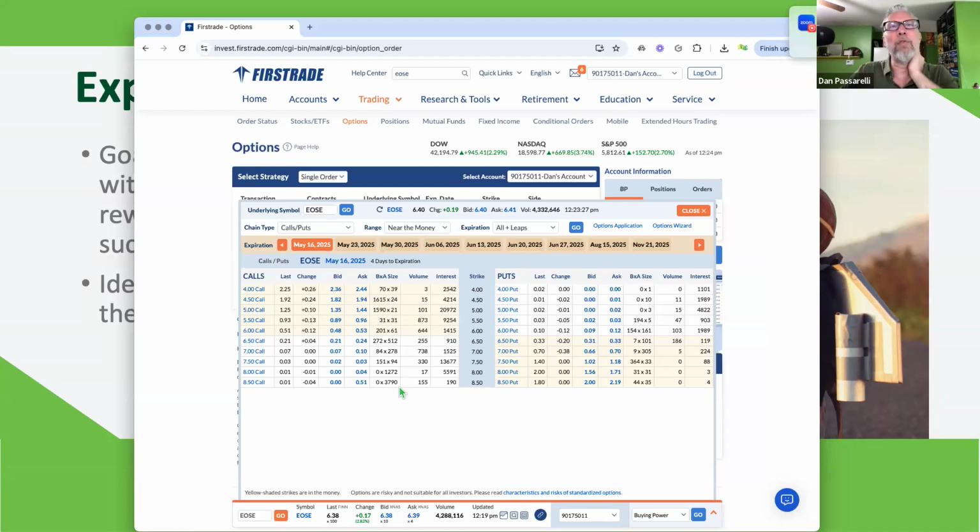But I would need the move to happen in 4 days. Because it's only 4 cents of time value, it's basically about 100 delta. It only has to go up 4 cents to break even. It's a very directional trade. But,